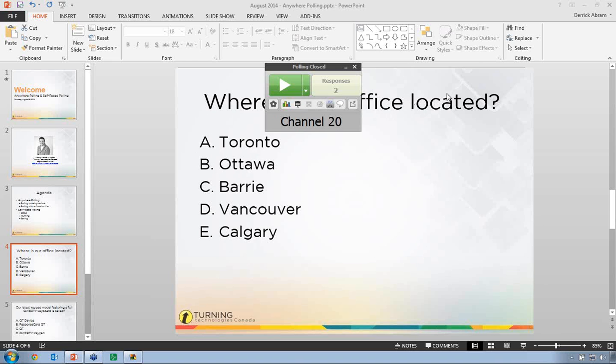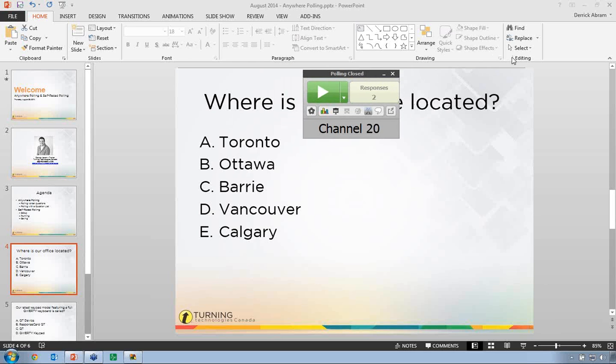Okay, so one of the questions here, not sure when I'd use this over PowerPoint polling. So that's actually a really great point. I wouldn't say necessarily. I mean, in this example here right now, I've got PowerPoint running because I'm not a Prezi user, and I don't have another application that presents on my computer. So I'm just using PowerPoint as an example right now. But you're not necessarily having to use it over top of PowerPoint, right?